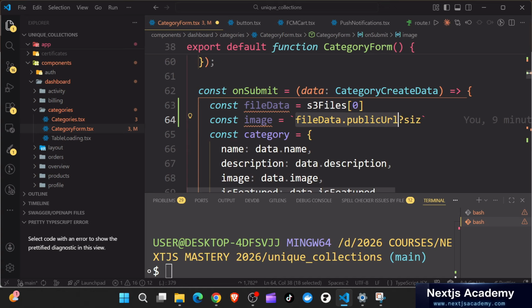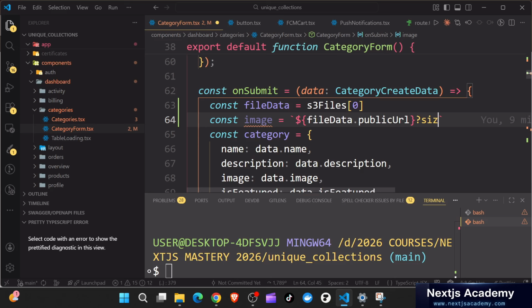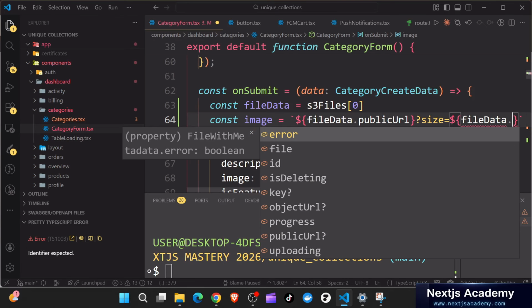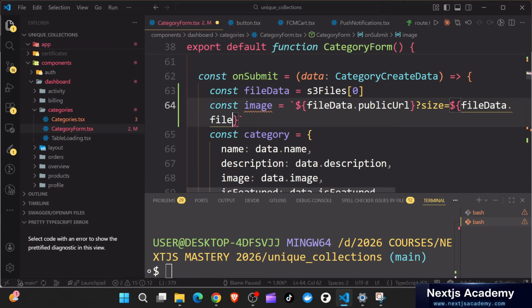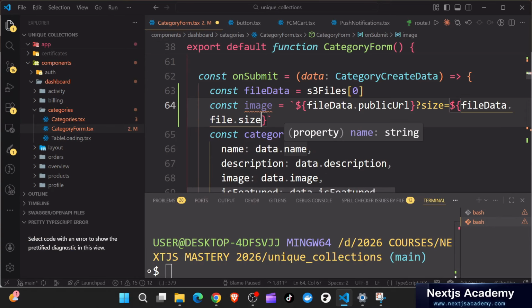this is inside dollar, like this, and then now we put question mark size, like this is equal to, and then we can attach size, which is on file data. So you can find this on file, then dot size, and then we have another one. So just say and